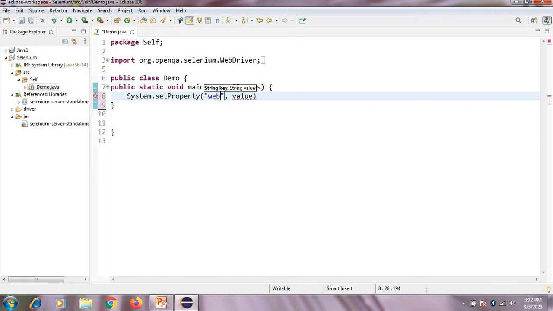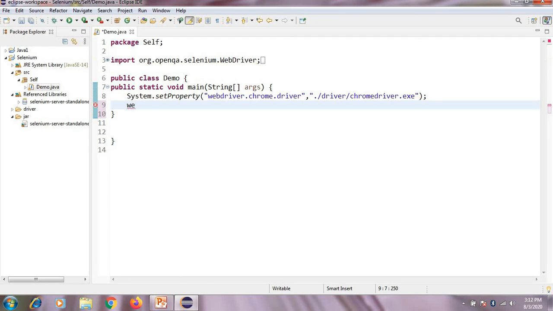Give the key, webdriver.chrome.driver, and give the value, the path of the driver executable file location: dot slash, driver folder name, slash, chromedriver executable file. Press semicolon, enter.